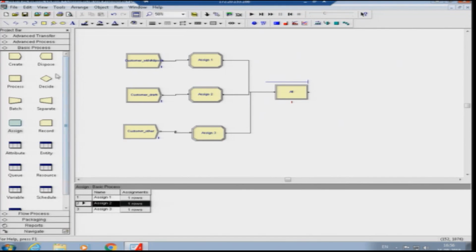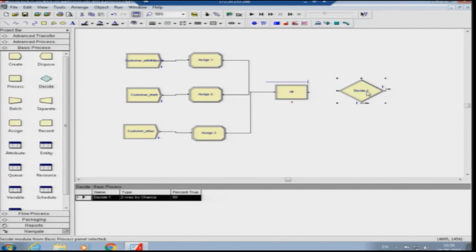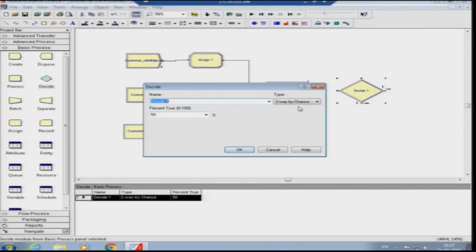Then we will have to put a decide node to decide whether the customer belongs to the draft making group or the customer belongs to the other two groups. In the first example we used n-way by chance, because we were dealing with the percentage of customers that get served in various processes. But here we want to identify which customer is of a particular type. So, we will use this two-way by condition. What is the condition?